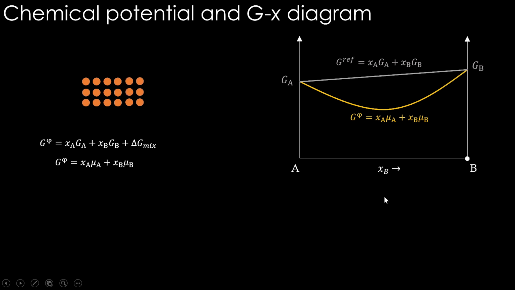Okay, so as the composition changes, you can see the Gibbs energy values change, and here the atomistic picture is also given for your assistance. So this is how the Gibbs energy of solution will change, and you know how it comes. Basically, the chemical potential of each of the elements is different in different overall compositions. So this is the Gibbs energy versus composition diagram, or GX diagram, or GX plots. We will be using it almost all along the course.